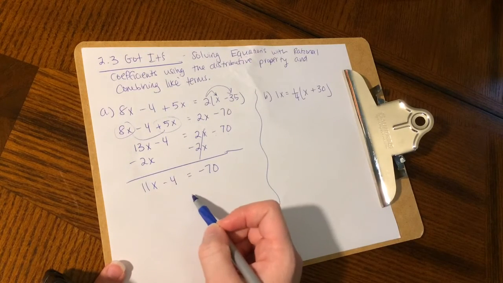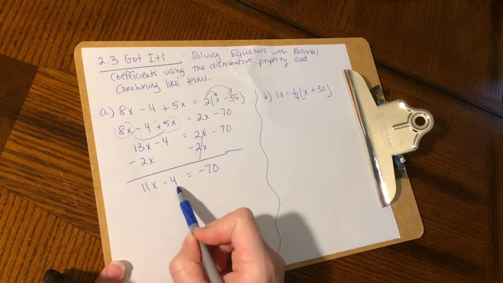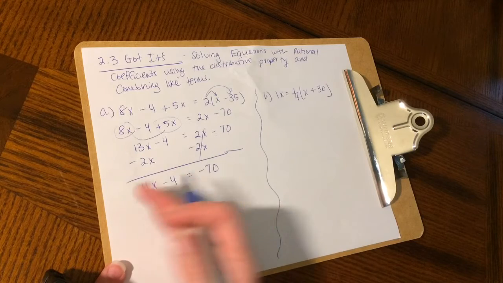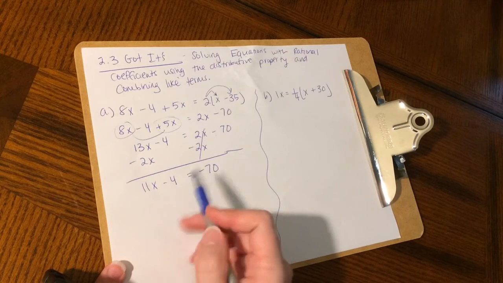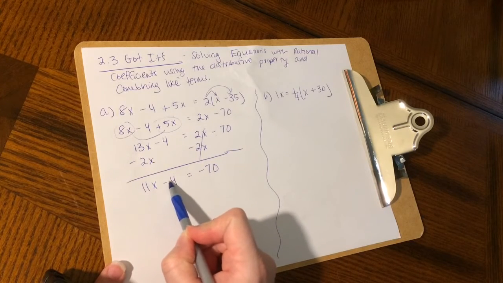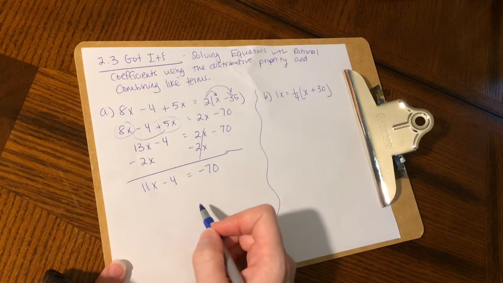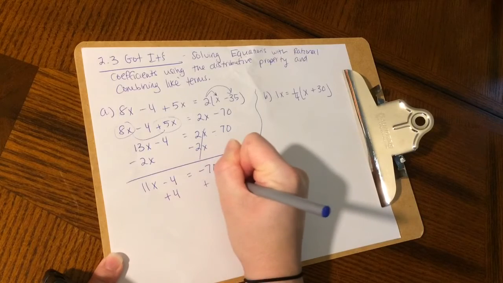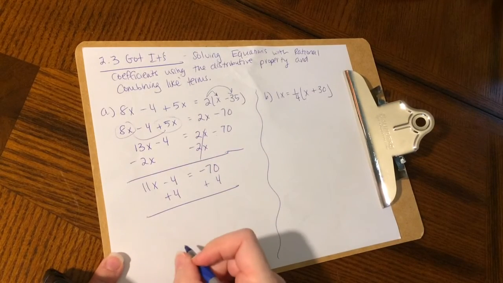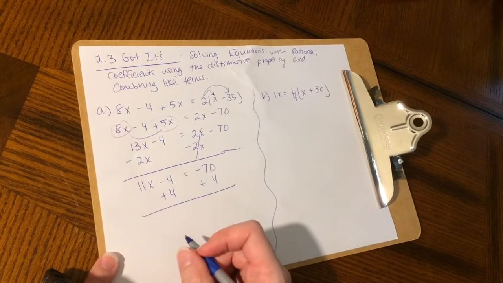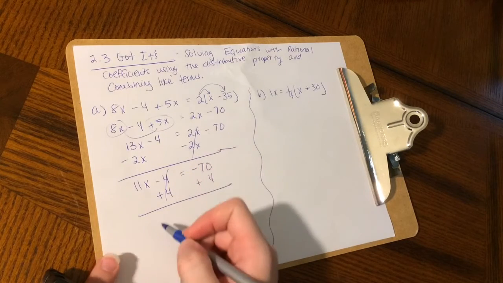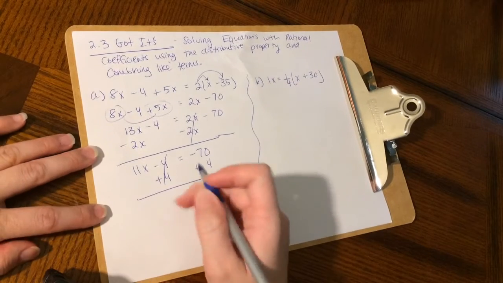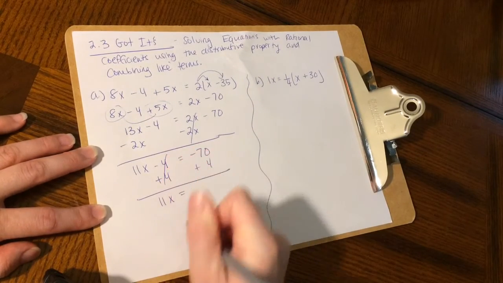Now we're down to a two-step equation. We have the variable on one side of the equation, so now we want to bring the number to the other side of the equation. We want the variables on one side, the numbers on the other. To get this minus 4 to the other side of the equation, using inverse operations, we're going to add 4 to both sides. The 4's cancel out over there. And I'm left with 11x equals,